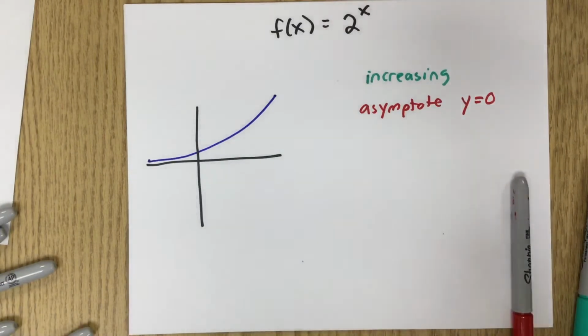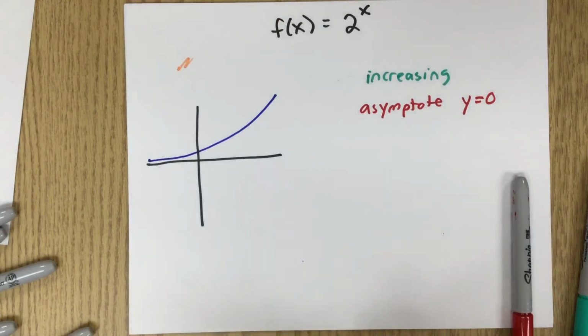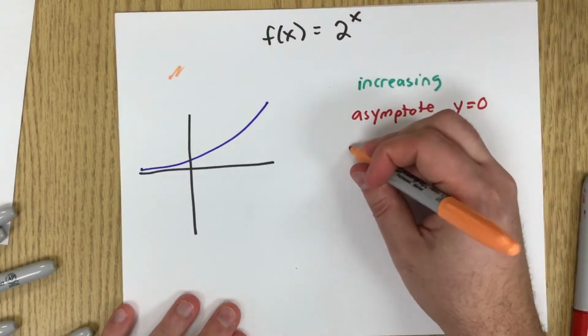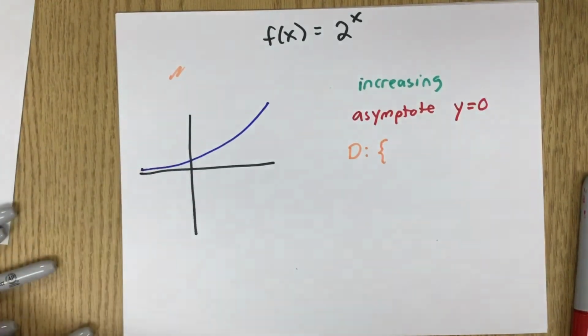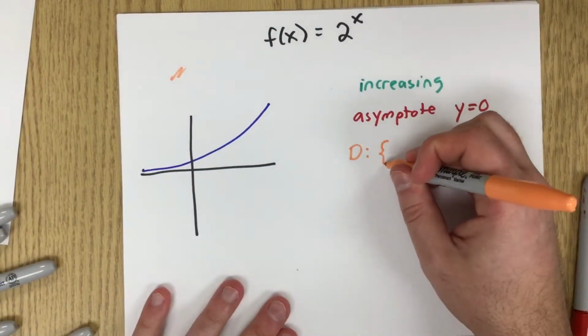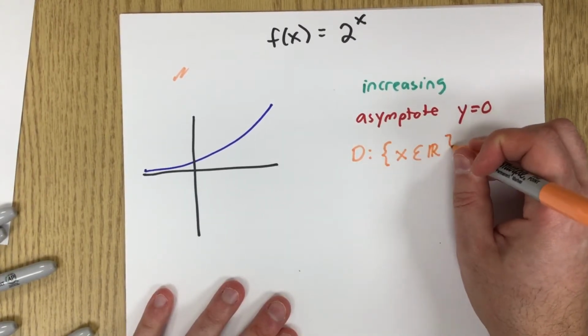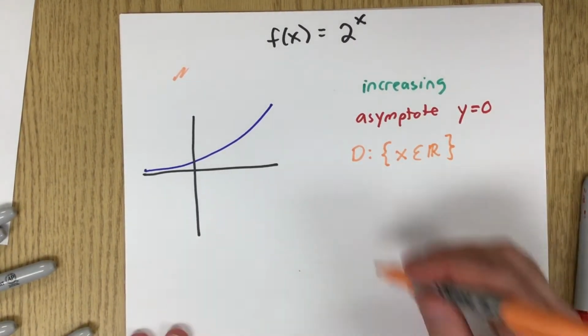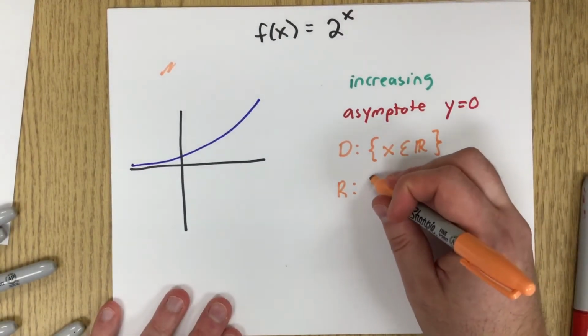And we know that, does this color show up? Probably does. The domain starts at negative infinity and goes to positive infinity. There's no restrictions on the domain. So the domain is going to be all real numbers. And the range is going to be